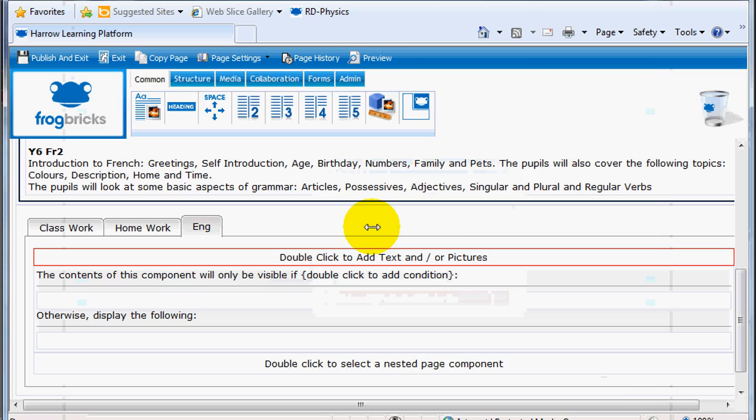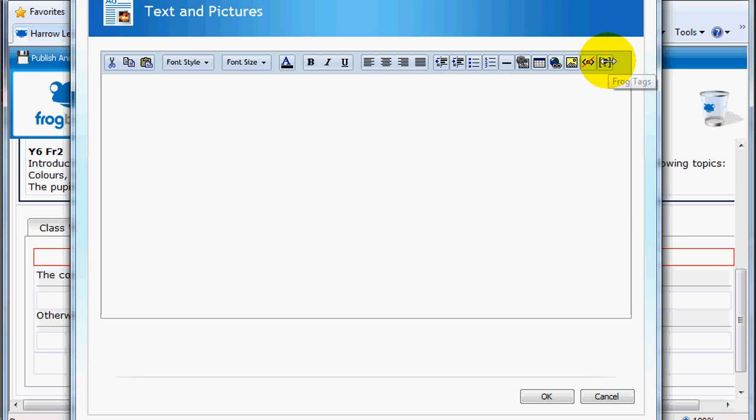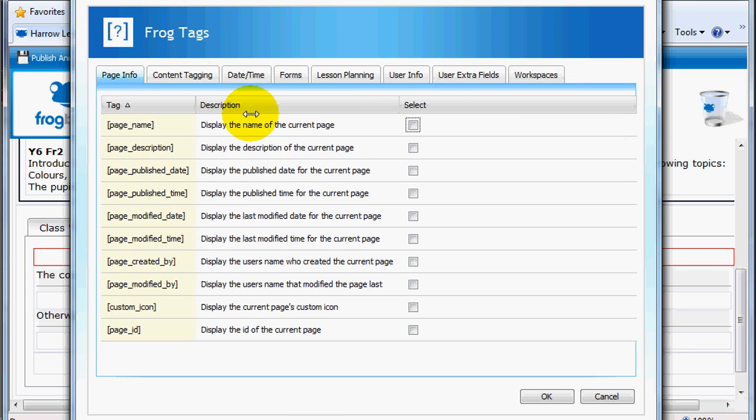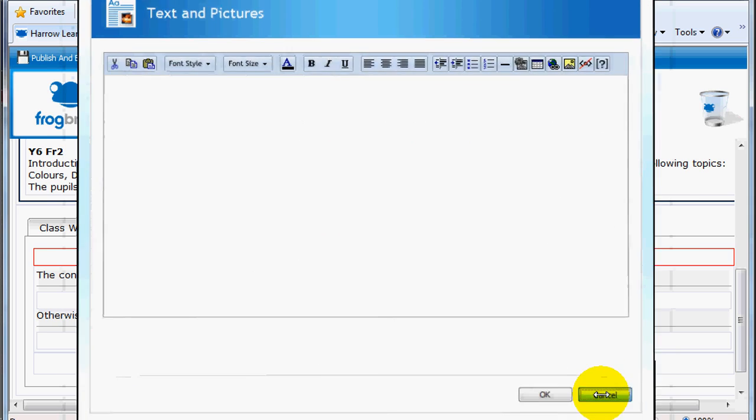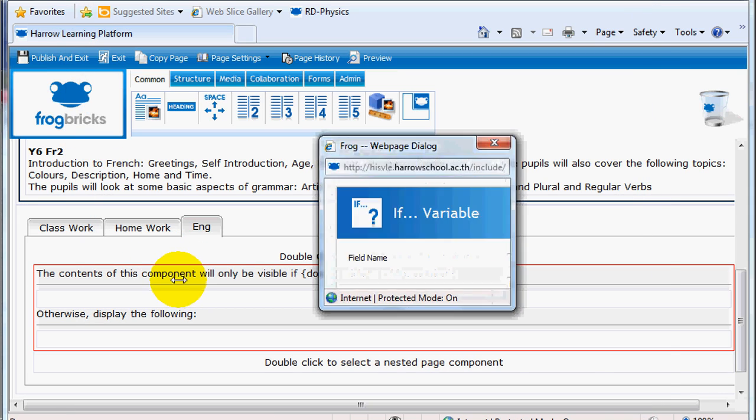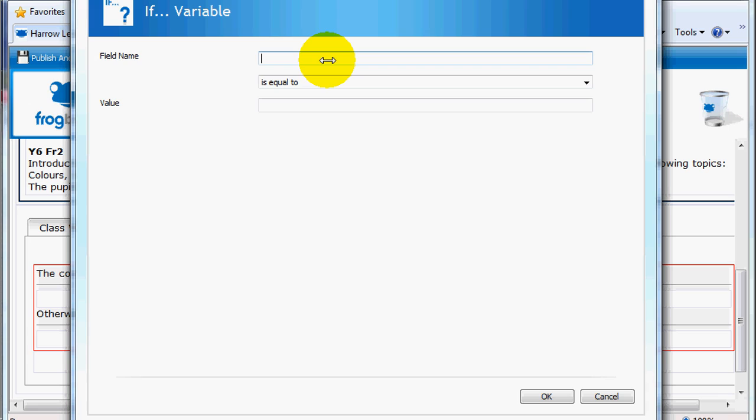double click on it, and over here, frog tags. Click on that, and it's got, okay, so personal information, user info, user underscore forename. So user underscore forename. So for my if, if the field name user underscore forename is equal to Graham,